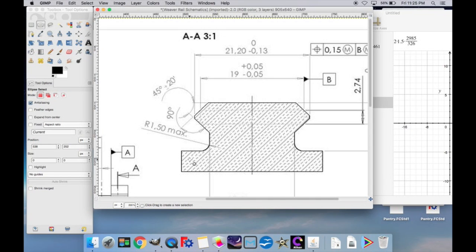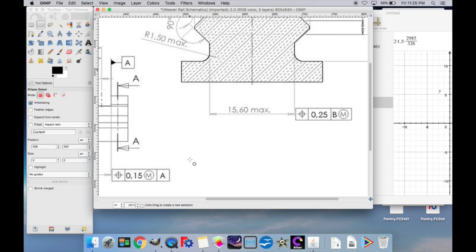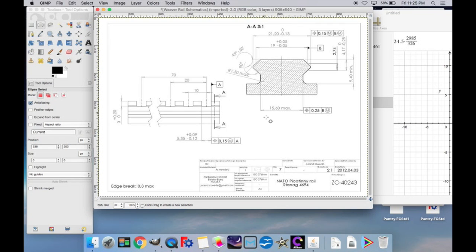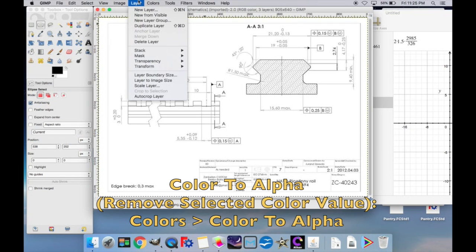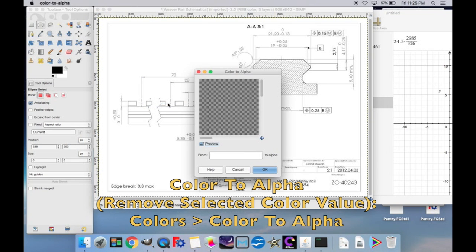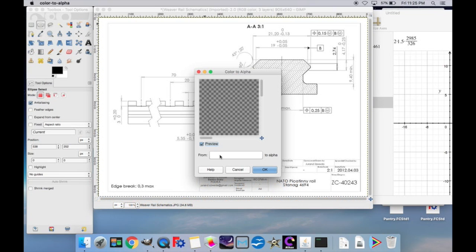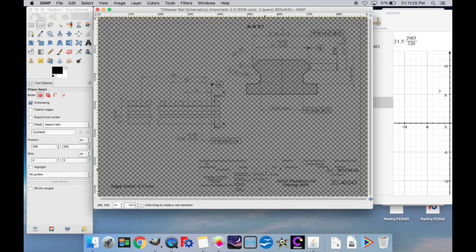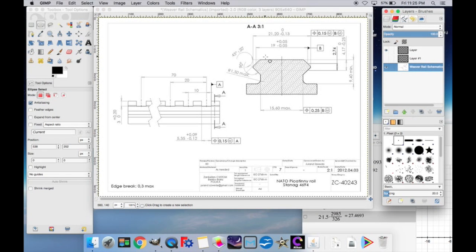The other thing you can do to get rid of any color in the background here, like if I wanted to get rid of all the white, you can go to Color and go Color to Alpha, and then choose the background color, whatever it is. In this case, it would be white, and then press OK, and you'll notice it'll drain all of the white valued pixels away. So now that I have the front view traced and ready to go,